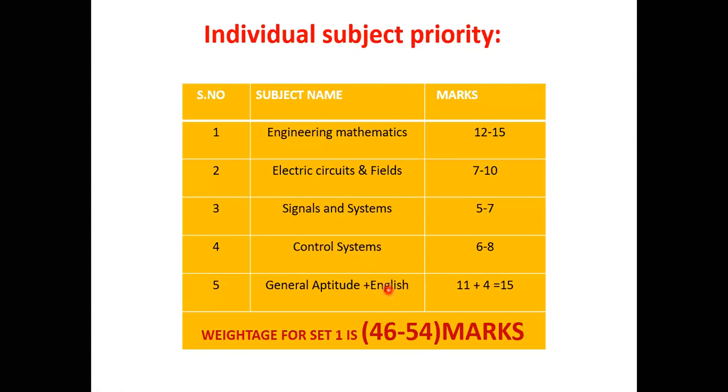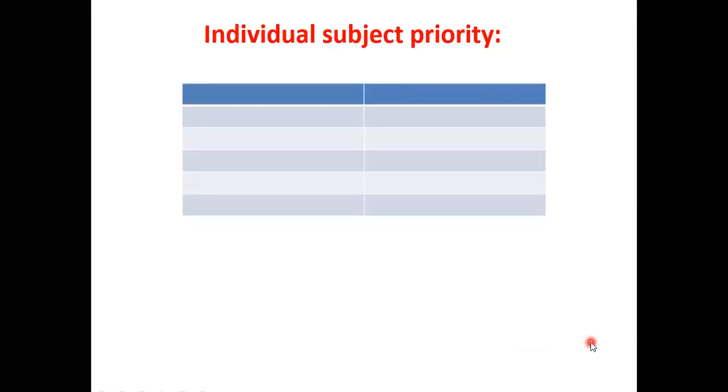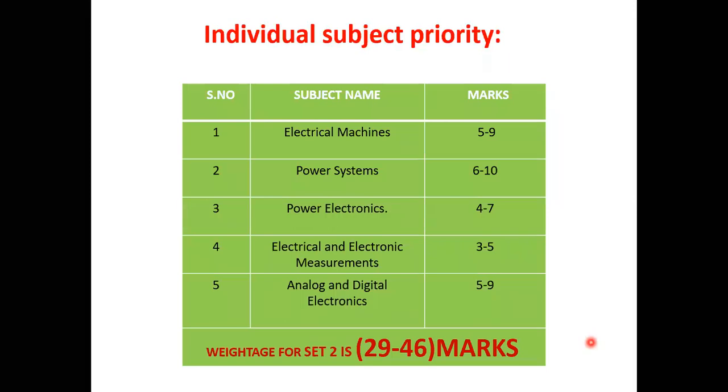But I cannot say it is preferable. The reason is, for the GATE examination, whatever strategy I am following here is okay. But coming to statewide examinations like AP Genco, AP Transco, and AP Discoms, the weightage for electrical machines and power systems is huge. Out of 100 marks, you will get 30 to 40 marks from these 2 subjects only. So that's why you can't avoid machines and power systems.